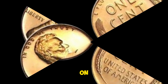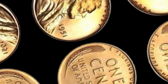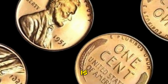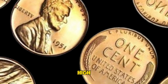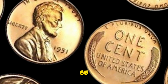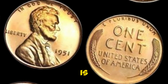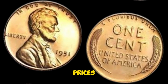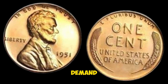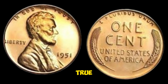Coins are graded on a scale from 1 to 70, with 70 being perfect. The 1951 Wheat Penny that commands such a high value is typically graded at an extremely high level, often in the mint state, MS 65 or higher. These high-grade examples are rare, which is why they fetch such impressive prices. The combination of low mintage, high demand, and exceptional condition makes the 1951 Wheat Penny a true treasure in the